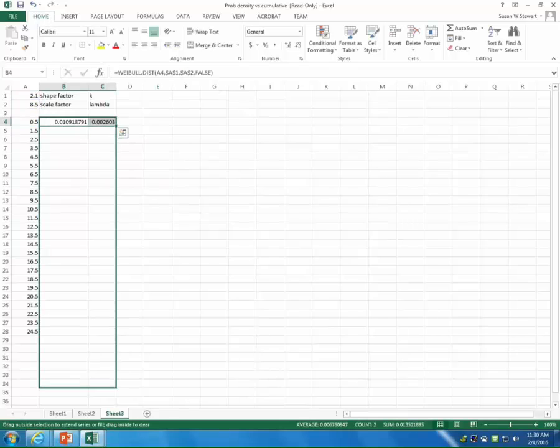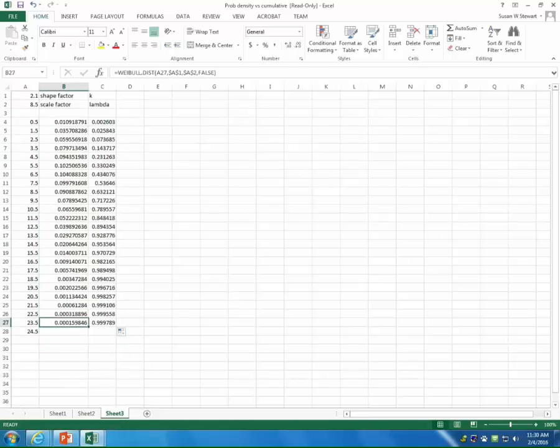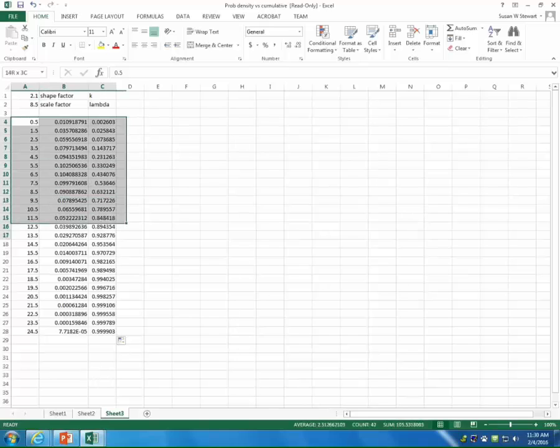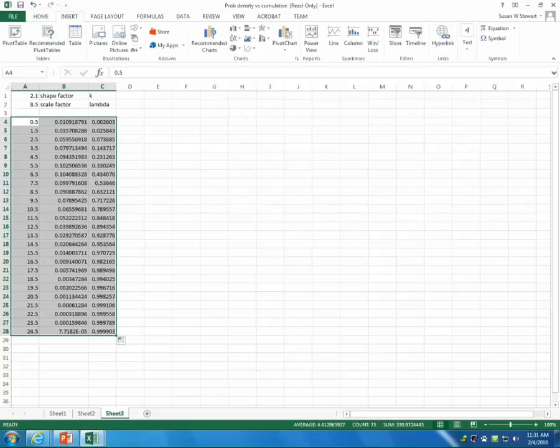Okay. So the dollar sign says I don't want it to change. When I drag this down, I don't want it to move from these cells. Actually I only really need to use the one because I'm not dragging it this way. Okay, now if I plot this, you can see